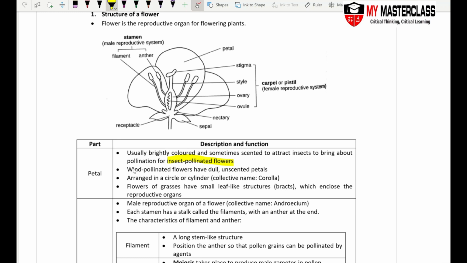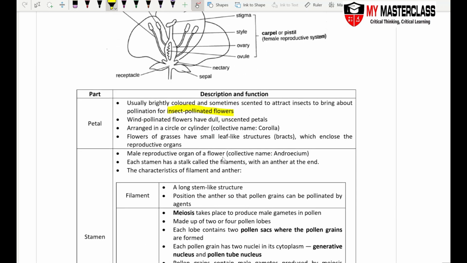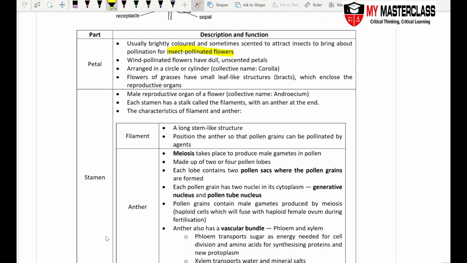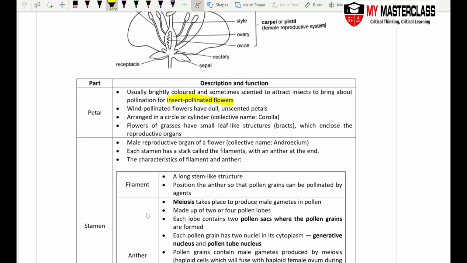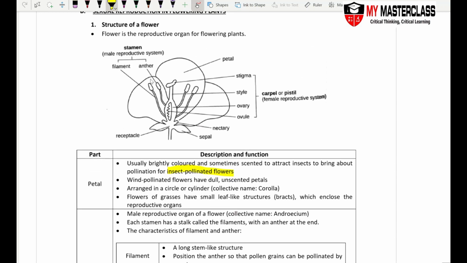So you have got wind pollinated as well. So these don't require insects. So they have very dull, unscented petals. Okay, so over here, the male reproductive organ, you have got the stamen. So stamen is made up of two parts, the filament and the anther. So you can see this part over here, this whole thing is the male reproductive,